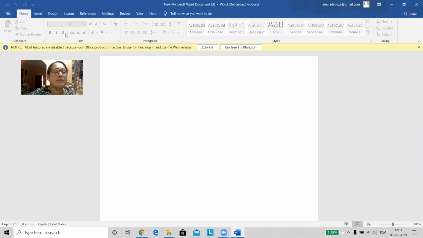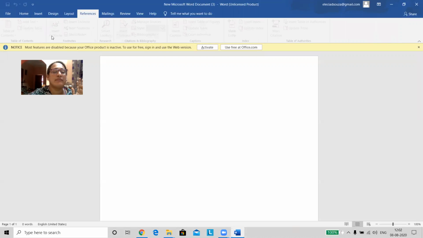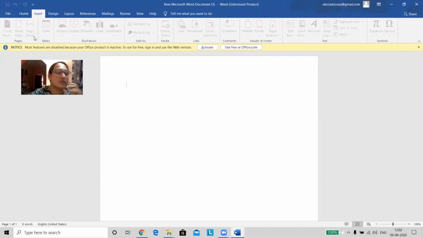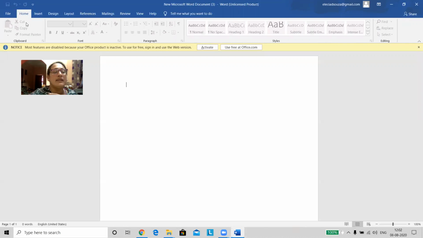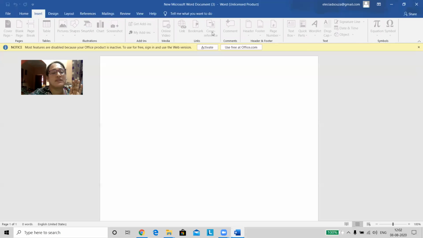The next part is the ribbon. Can you see here, as I am moving my mouse scroll bar, can you see this? It is moving. So this is called the ribbon. So this is moving with the help of my mouse here. This is called the ribbon. So the ribbon has all these tabs here: file tab, home tab, insert, design. All these are the tabs that are available in the ribbon. So when you click each tab, these are all the options that are available in the tab. So you will learn it later.